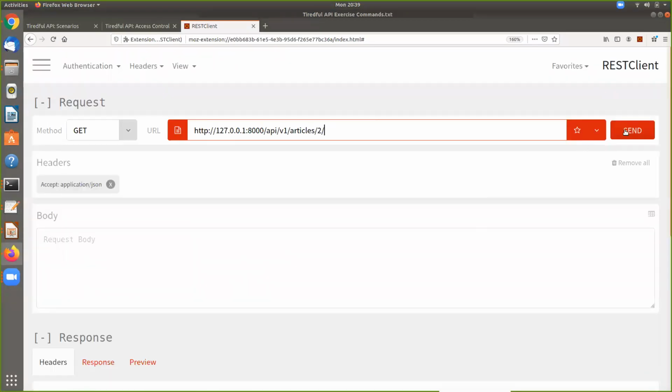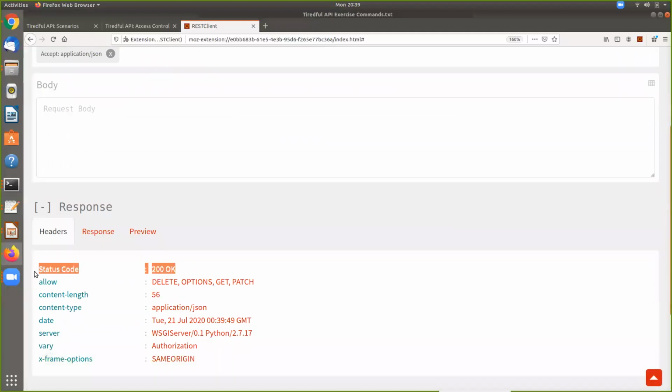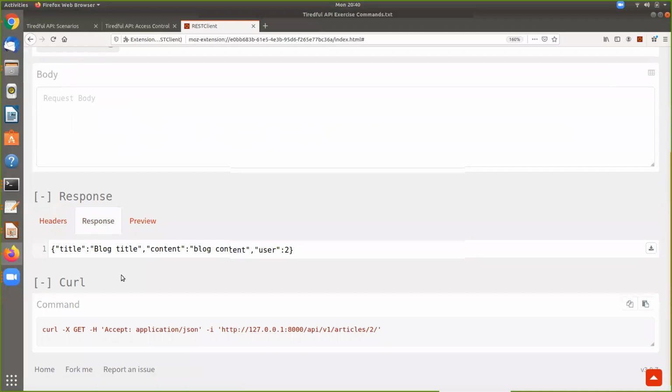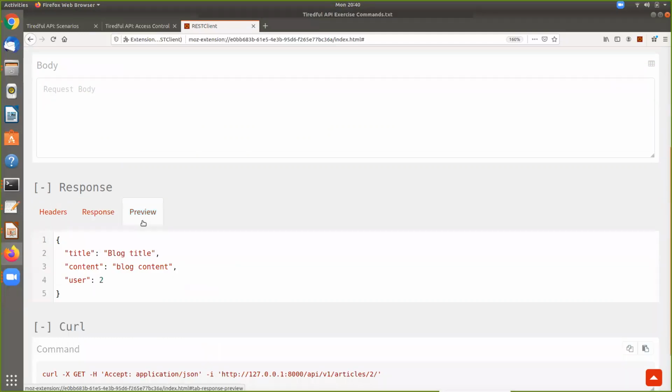And we'll see what we get. I'm going to send this. And again, our status code, very important. I pretty much check that every time to see what kind of response I'm getting from the server. And we look here, and the results are kind of what we expect. Here's the curl command to get it. We've talked about how that works. Here's the JSON format for the second article.